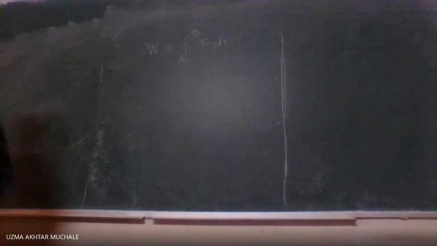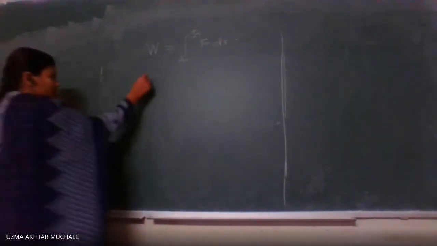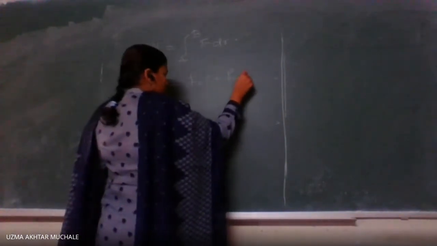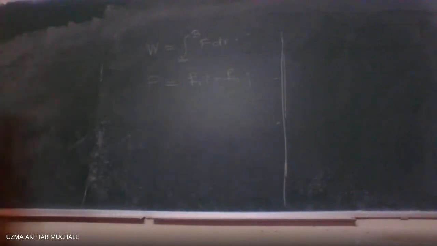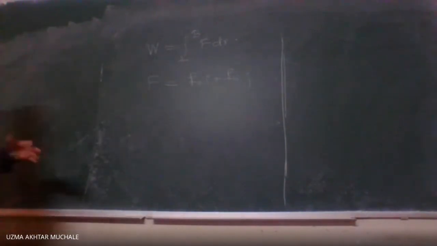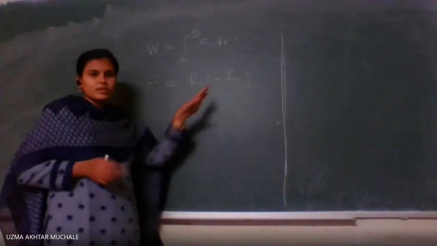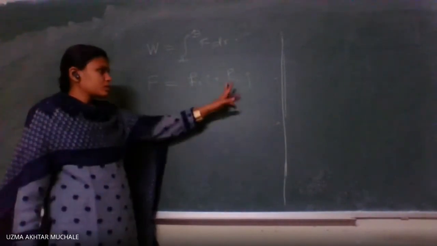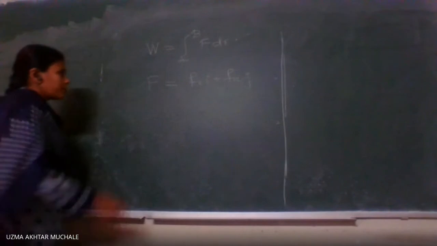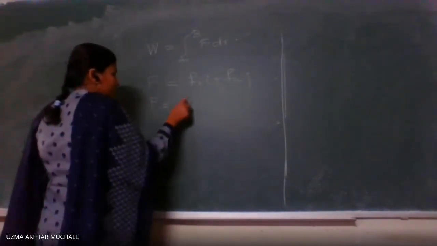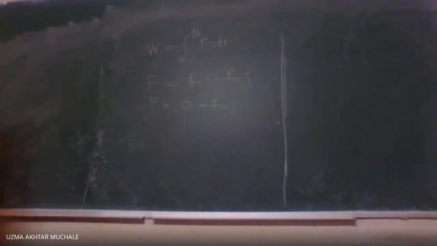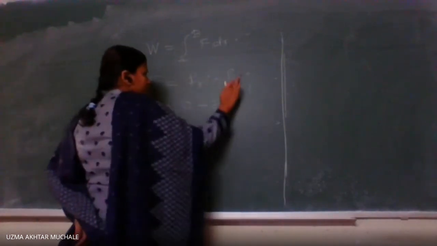Okay. What is the formula for force now? The force is now divided into two parts. Force is divided into F1 i plus F2 j. Why is this so? Because we are discussing all the things in two dimensions. Okay, because we have plotted here the x and y axes. So the force applied in the x direction is F1, and the force applied in the y direction is F2. But we know that there is no force in the x-axis direction, so it is 0, and F2 is there, which is exactly opposite. So we can simply say this is F1 and this is F2.